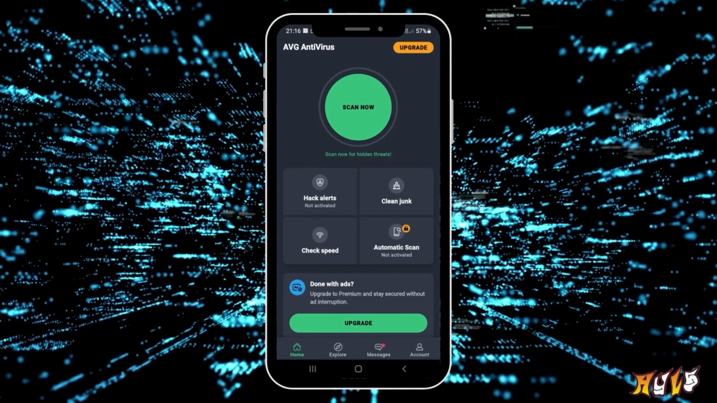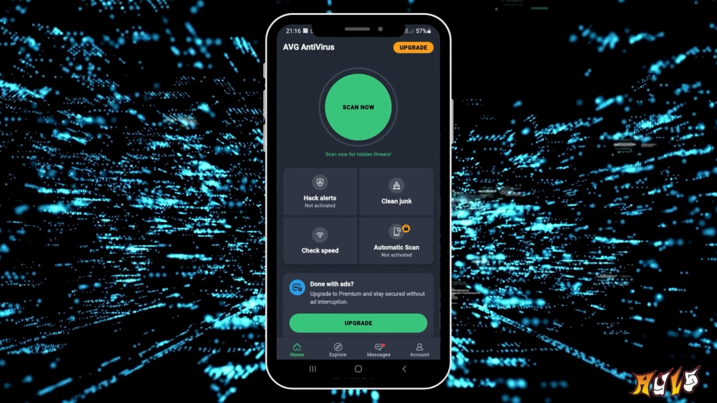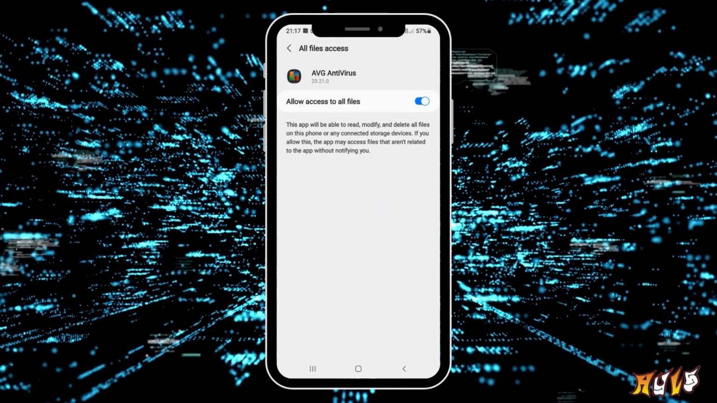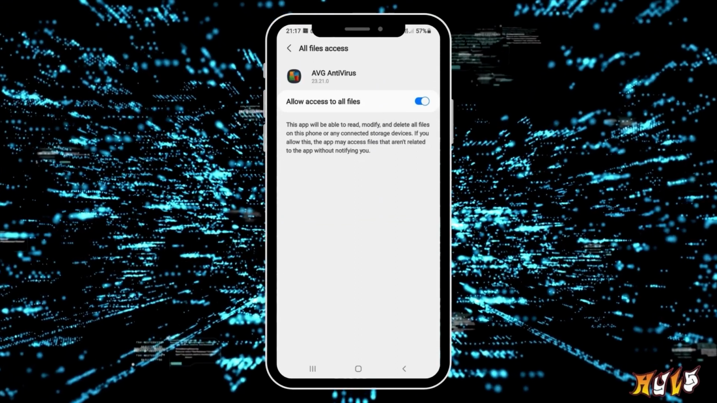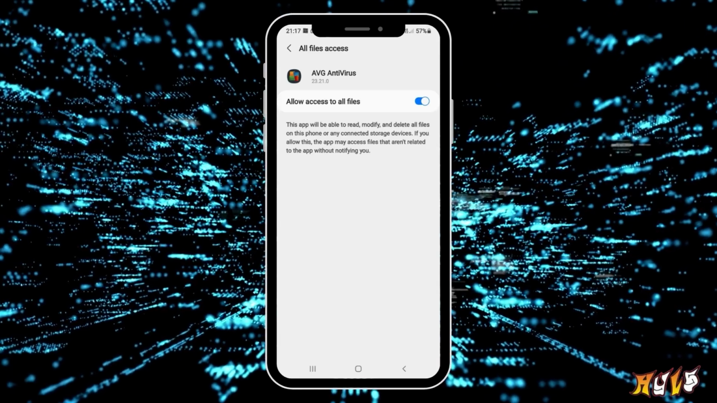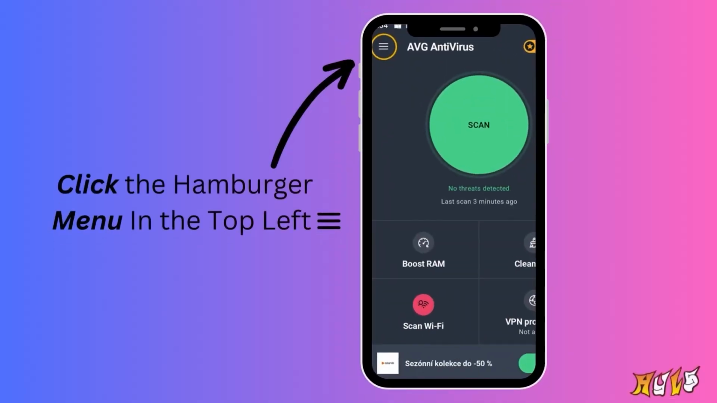So download and install AVG Antivirus free for Android. Then allow the necessary permissions. We need access to your device folders and apps so we can properly protect them. Click on the hamburger menu on the top left. That is the 3 little lines